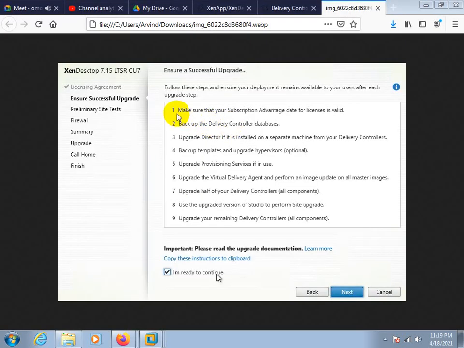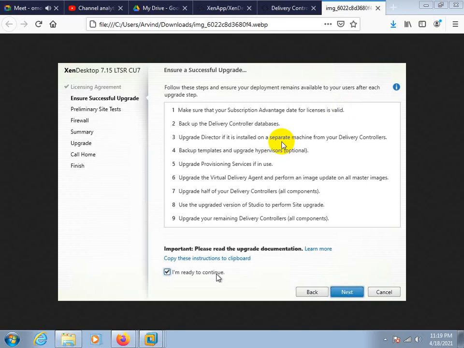So once you are going to migrate from 6.5 to 7.9, 7.7, at that time you need to follow this process. First, make sure that your subscription advantage date for the license is valid. Where will you get this option? In your license server page, the license management console, on the left side you will get an alert.